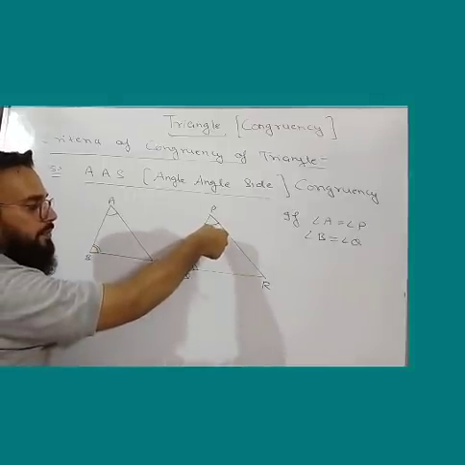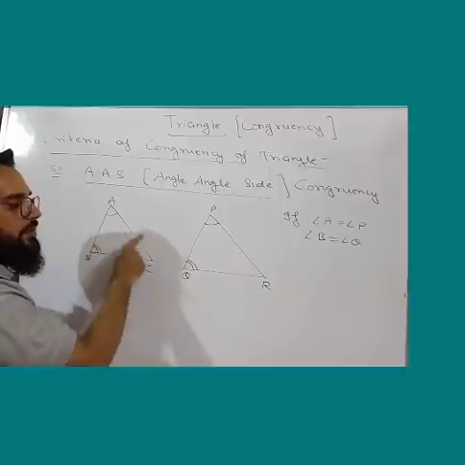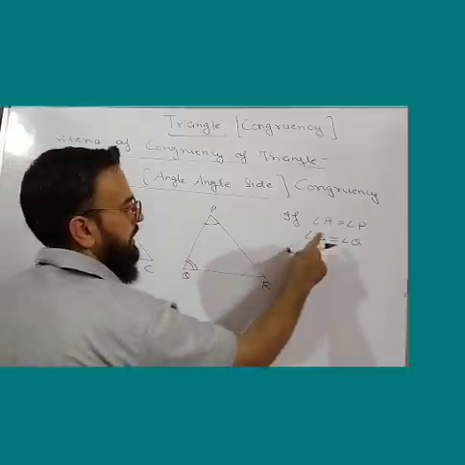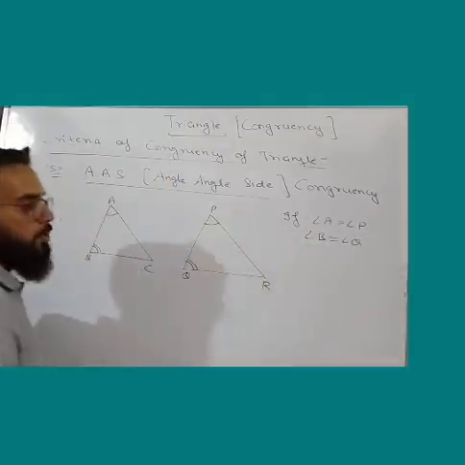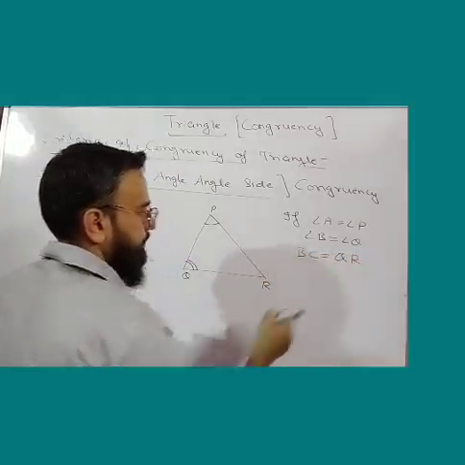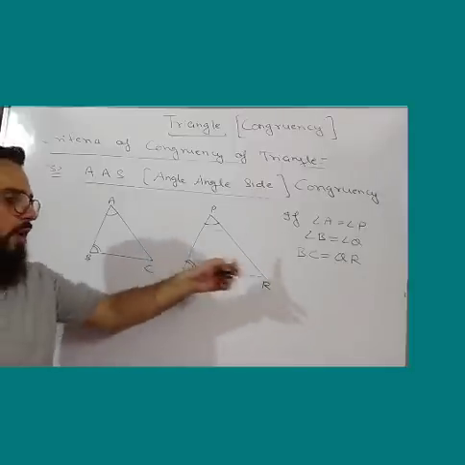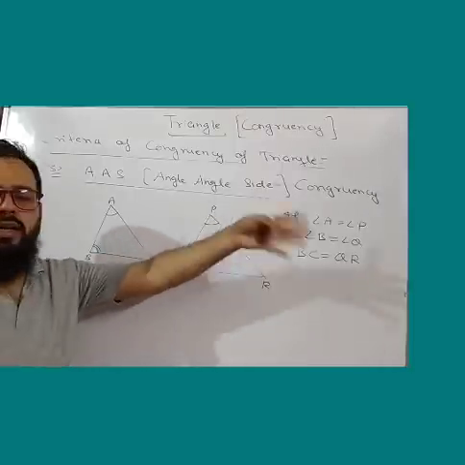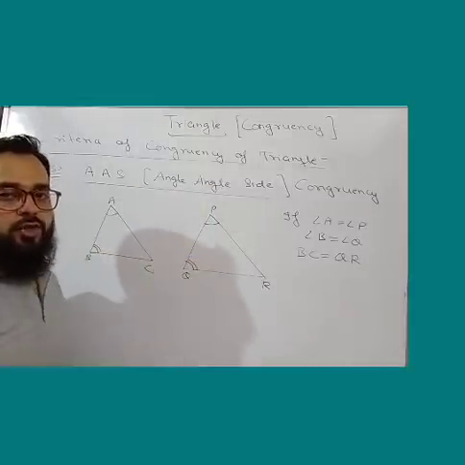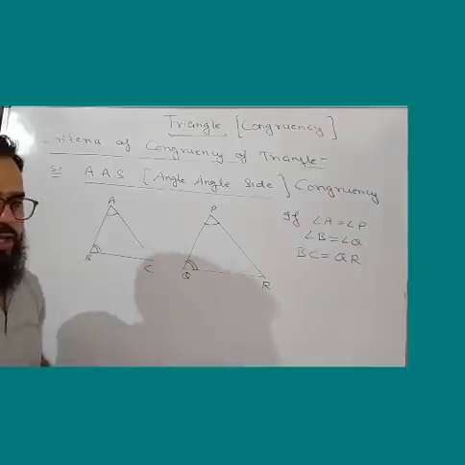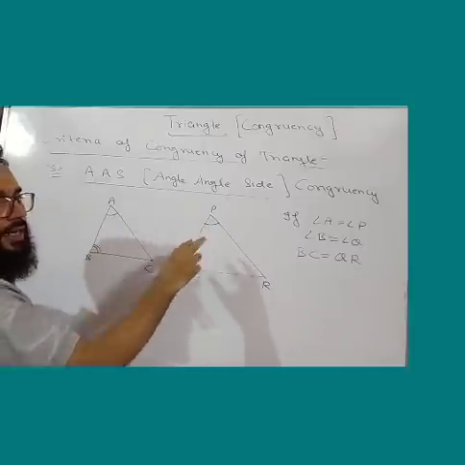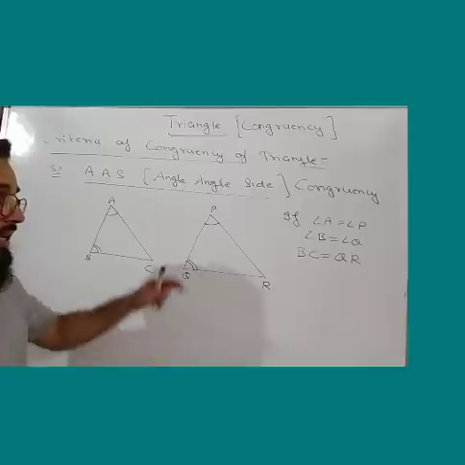Similarly here, if angle P and angle Q are correspondingly equal to angle A and angle B, then the side may be taken as PR or QR. That means if angle A is equal to angle P, angle B equals angle Q, and side BC is equal to QR, or it may also be BC equal to PR, anything can be given. We can rotate; we will discuss later how to rotate and change the direction of figures. First we are taking the simple condition. So we have these two angles, A equal to P and B equal to Q, two angles of the triangle, and a side which is not the included side.